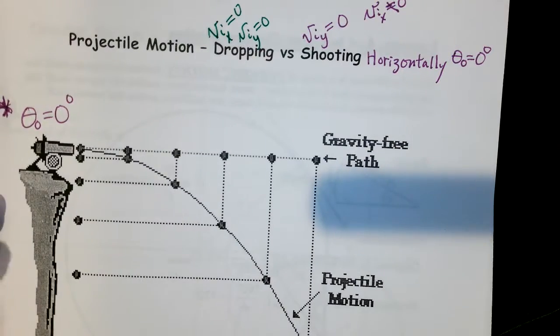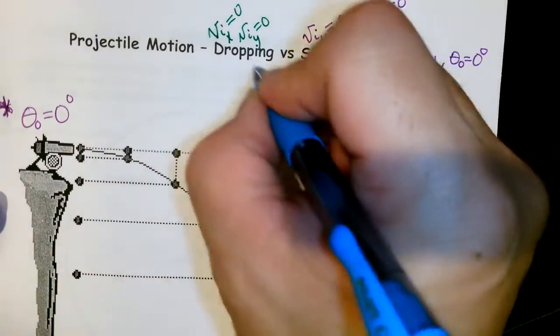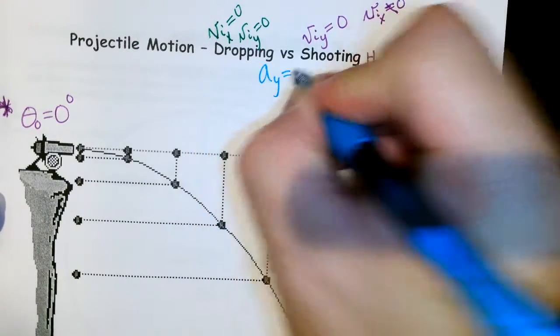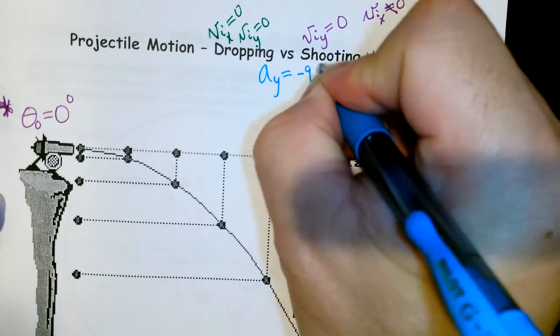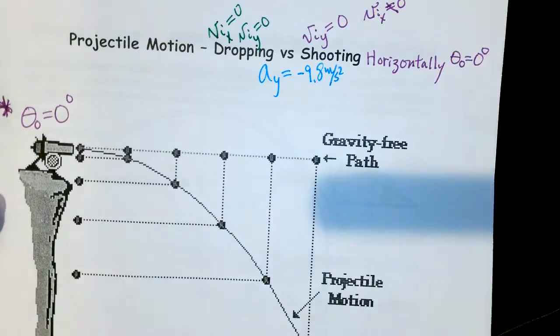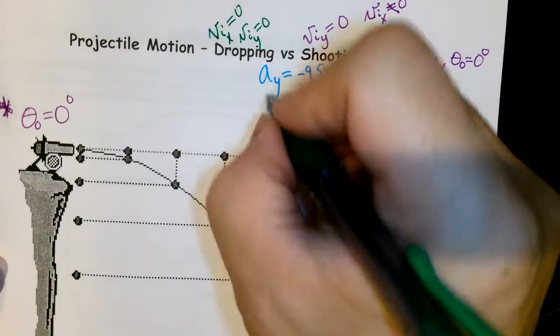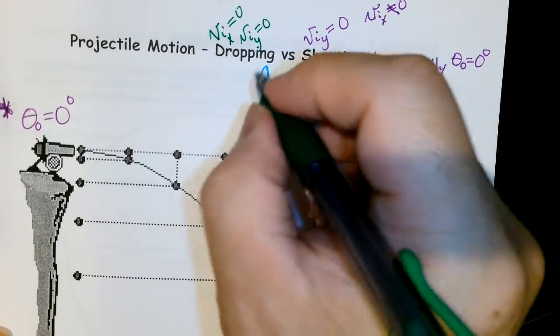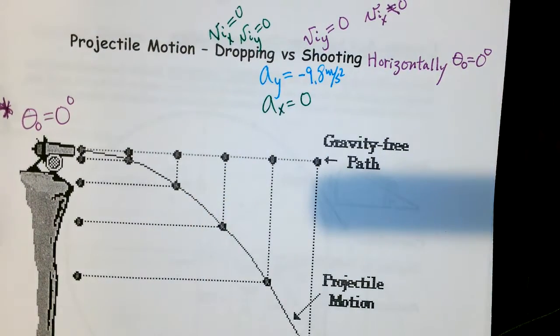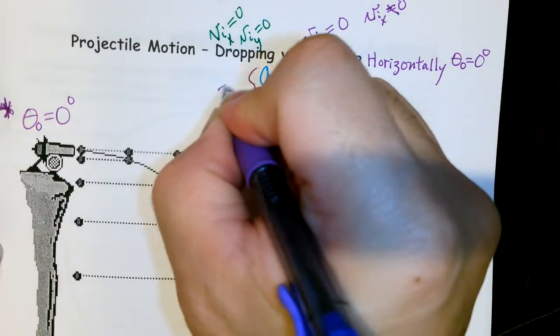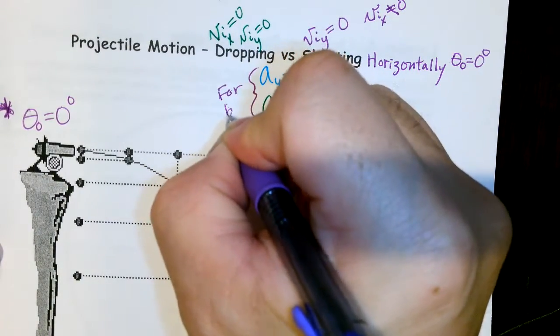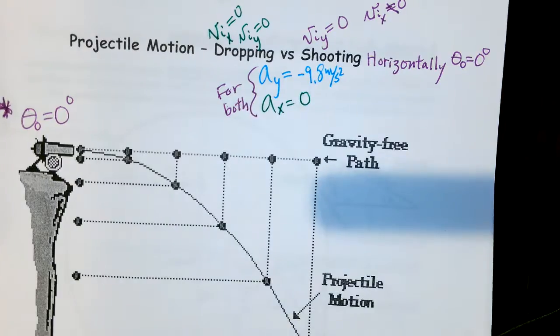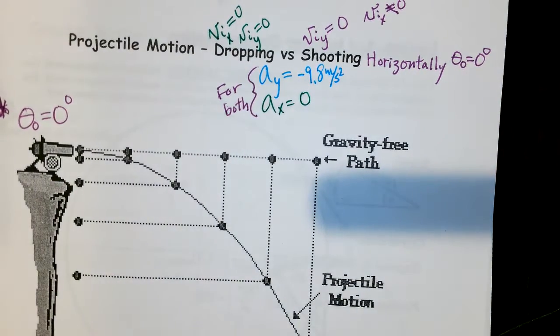The acceleration in the y direction will be negative 9.8 meters per second squared for both. And the acceleration for the horizontal direction will be 0 for both. Therefore, both